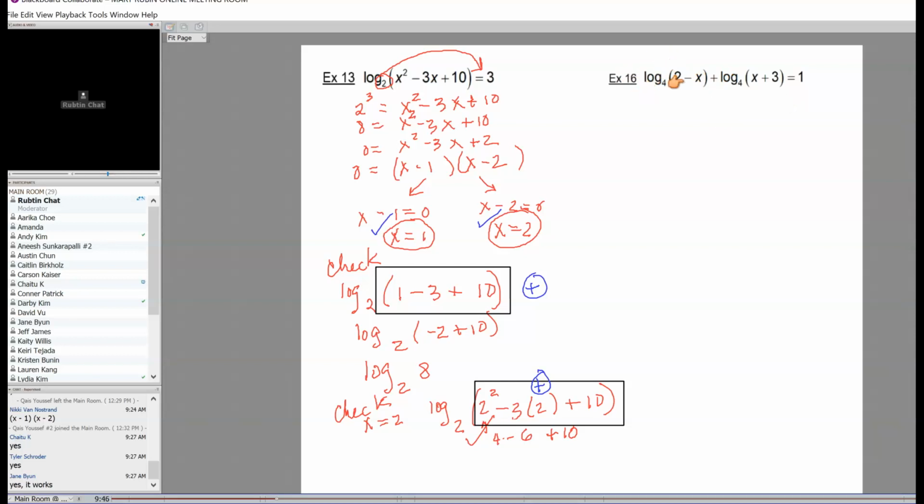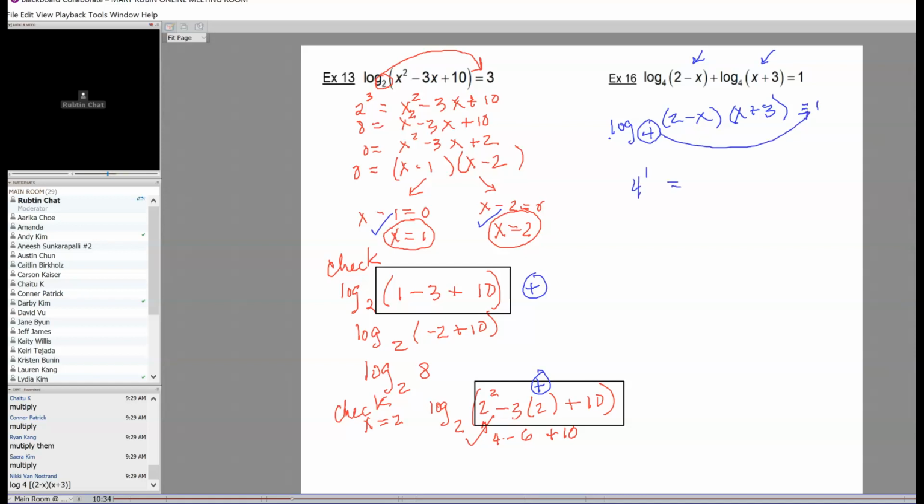I've got log base 4 of blah plus log base 4 of blah. If I'm adding exponents, what do you do? Very nice. Exactly. You're going to multiply the arguments. And I keep talking about arguments. The argument is the thing inside the log. So we're going to say, okay, fine, that's log base 4 of 2 minus x times x plus 3 equals 1. If I rewrite that in exponential form, I've got 4 to the first power. So 4 to the first equals,